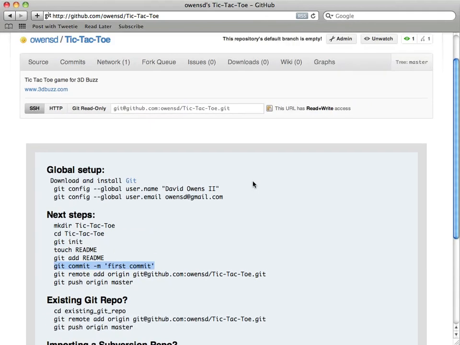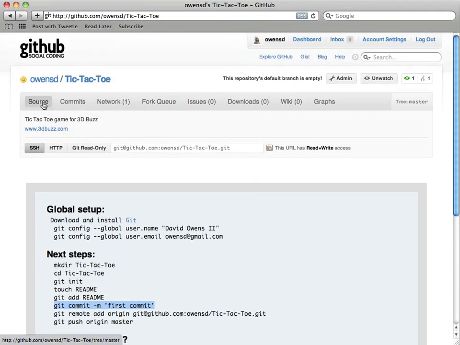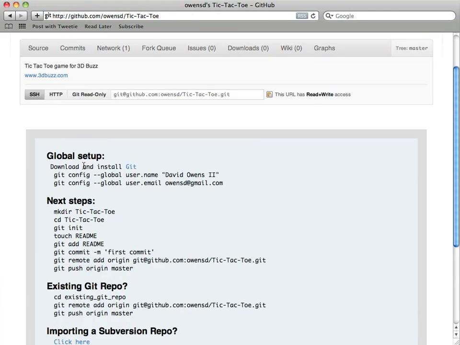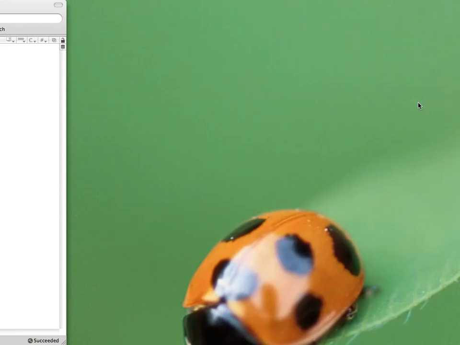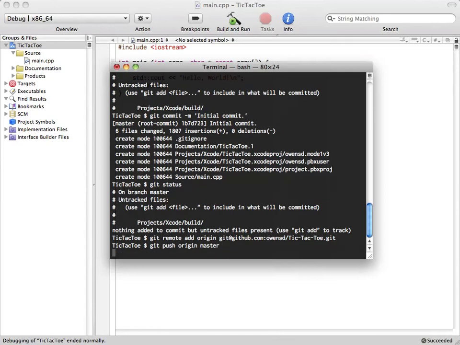So if we jump over here and we click on source, we're not going to see anything because we don't have any code in there yet. But by default, the tree that you have right here is the master tree. That's kind of the root of your repository and how it gets referred to. So what we want to do is push all of our changes into that tree. All right. So if we do git push,